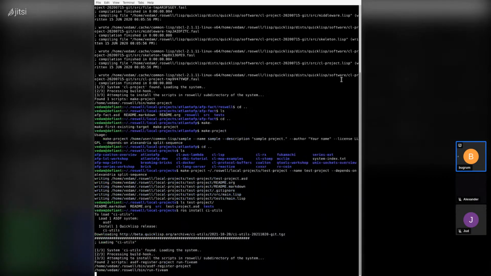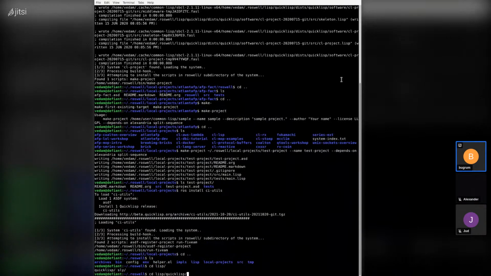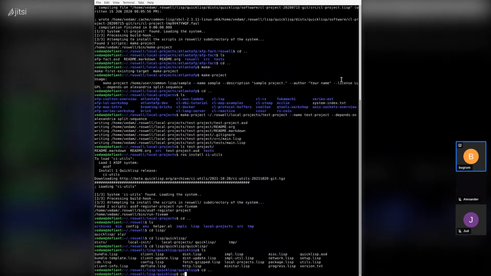And again, I'm getting this from QuickLisp. I'm not getting this from GitHub. If I installed this from GitHub using the GitHub URL, that would install it into local projects. In this case, it's going to install it into the base project, which I'm forgetting now. I think it's in Lisp? I think it was quick Lisp. Quick Lisp, it's there. No, this was